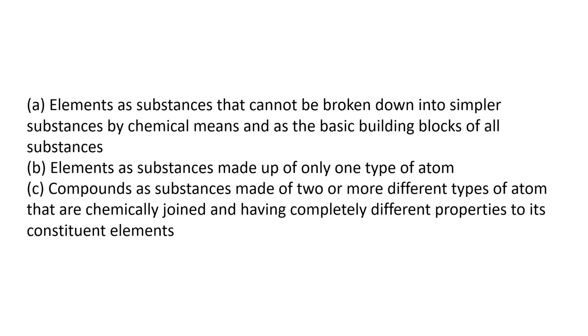Hopefully this video has helped you understand what elements are, as well as highlighting the difference between elements in their elemental states, such as carbon in the forms of diamond and graphite, and elements in compounds, such as carbon in carbon dioxide. Another takeaway from this video should be the change in physical properties when moving from elemental substances to compounds, such as the difference between very solid diamond and the gaseous carbon dioxide when carbon moves from its elemental form to its compound form.